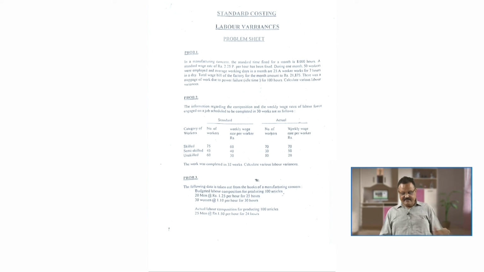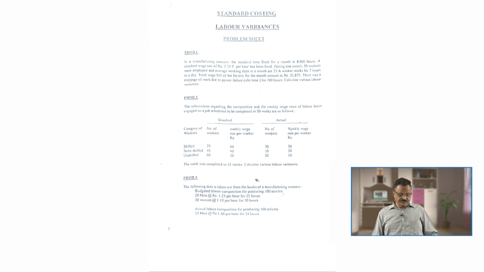Then we are given the similar actual information, how many workers were put on the job: 70 skilled, 30 semi-skilled and 80 unskilled, and the price we paid to them was 70, 50 and 20. The work was completed in 32 weeks, and now on the basis of this information we have to calculate the